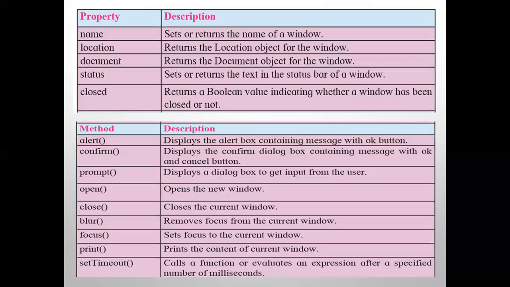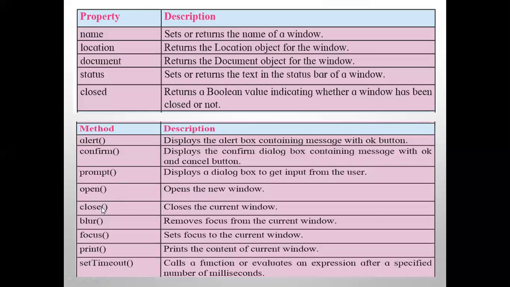Or if I say prompt, input the first number, prompt, input the second number, prompt will give you the window twice. First, it will say enter the first number. When you enter one number, it will go for the second time: enter the second number. We use this function heavily in our basic programs also, so we have used this already. You must have seen how the window appears for alert, confirm, and prompt.